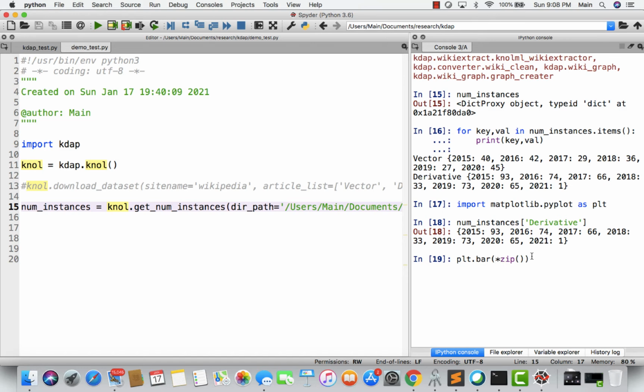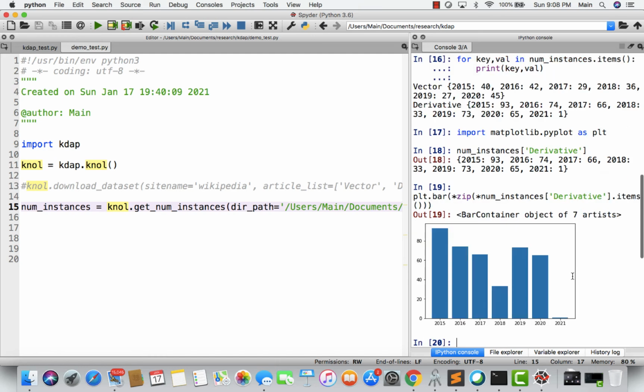Whatever the keys will be come as one tuple, and the values will come as a different list. Okay, so again I'll put this for num instances, and our file was derivative, and dot items, right?